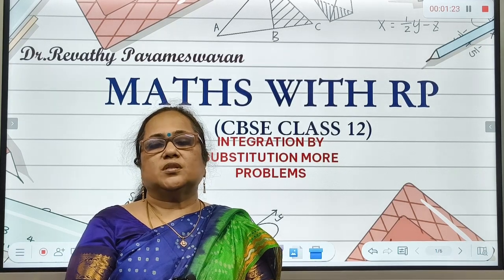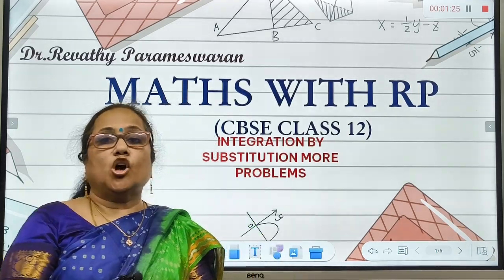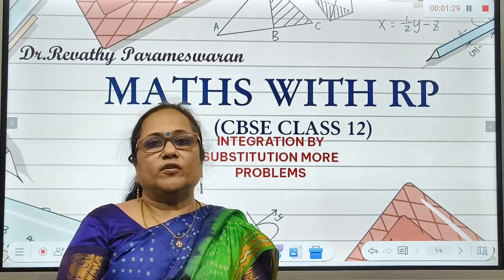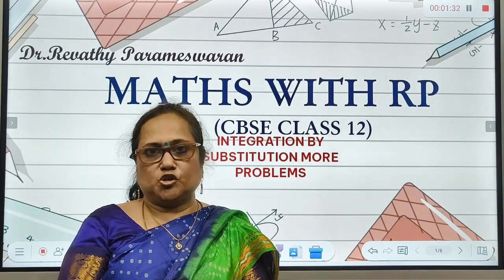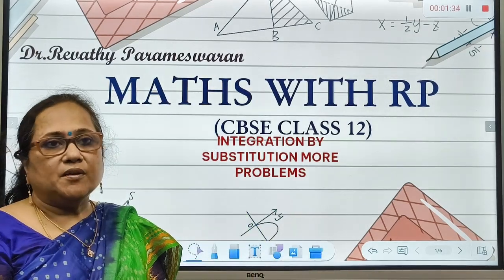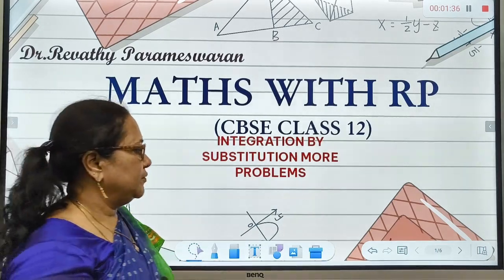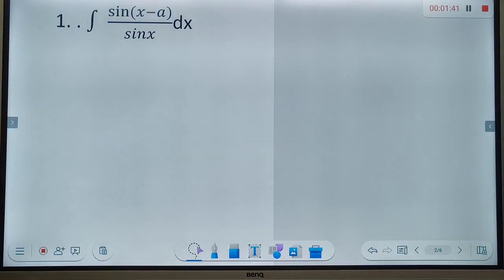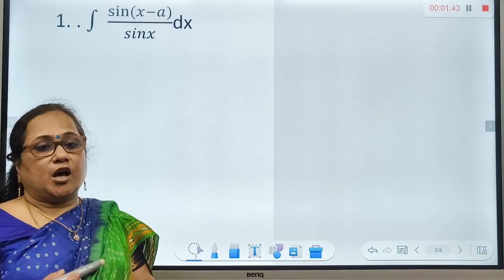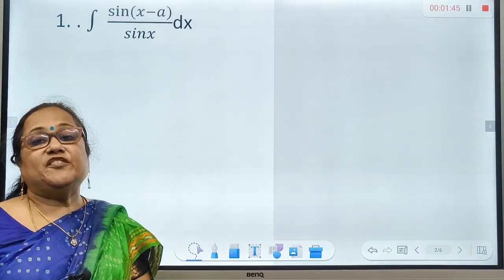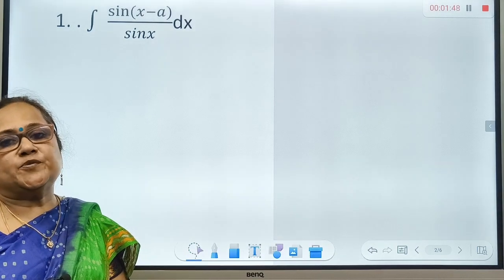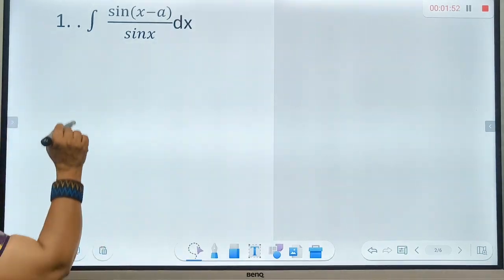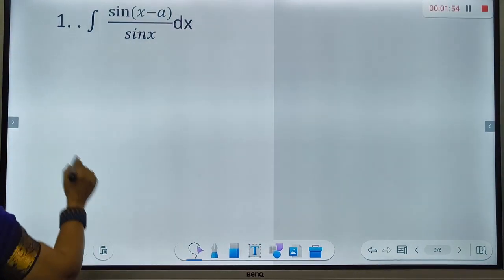We are going to use the method of substitution to solve problems involving integration. So the technique that is going to be used is substitution. Let us see some problems where such a technique is useful. Sometimes even manipulation, how you bring it into a form by redefining what is given, also helps us to integrate the function much easier. So now if you look here, we have I equal to